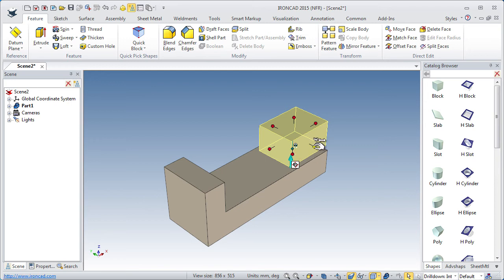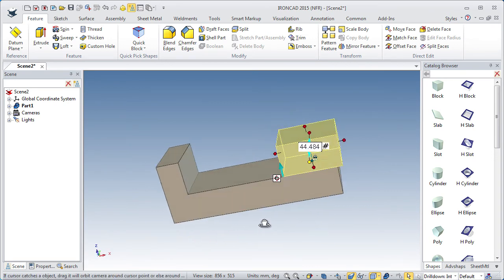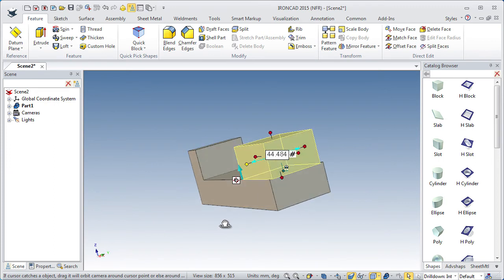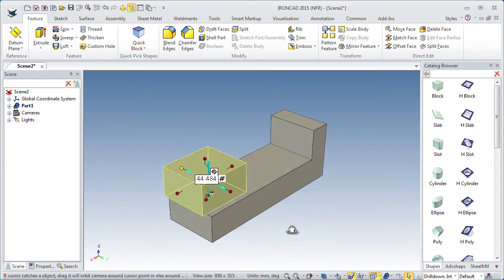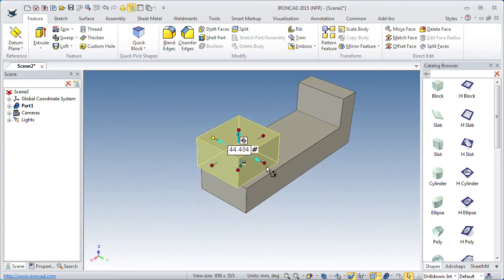Grab this handle, press and hold the Shift key to snap to this side. We'll orbit. I put the cursor in the background, orbit the camera, and I will grab this handle to snap to this side, and I grab this handle to snap, press and hold the Shift key to snap to this